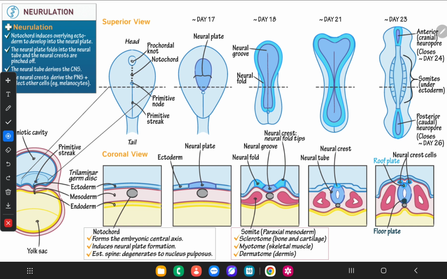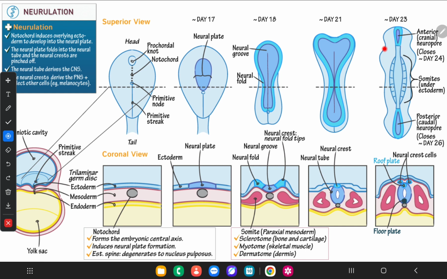In summary, there is the ectoderm, and in the ectoderm you have the neural plate. Here the lateral edges of the neural plate are elevated to form neural folds, and gradually they elevate and fuse together in the midline forming the neural tube. In the midline groove you have the neural groove also, and during formation of the neural tube neural crest cells are formed. First, the fusion of the neural tube starts from the cervical region and it proceeds in the cranial direction and caudal direction. And during this proceeding, there is